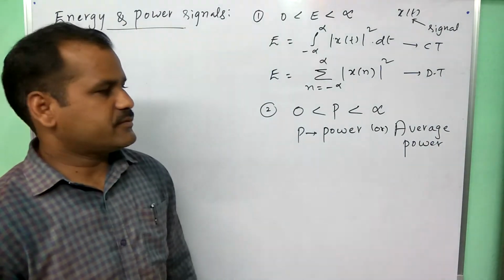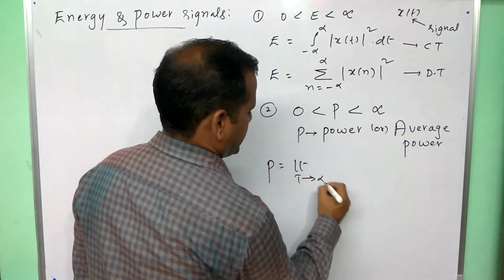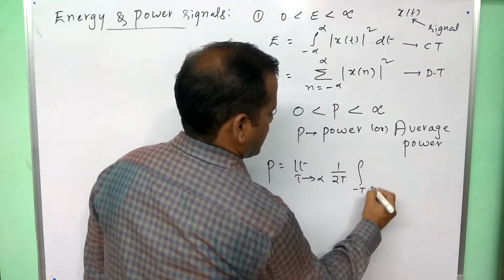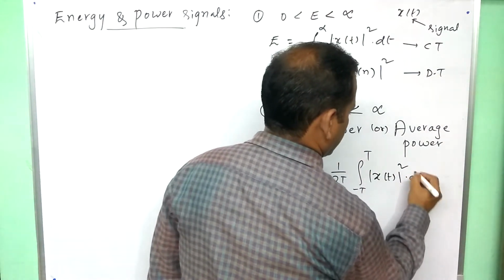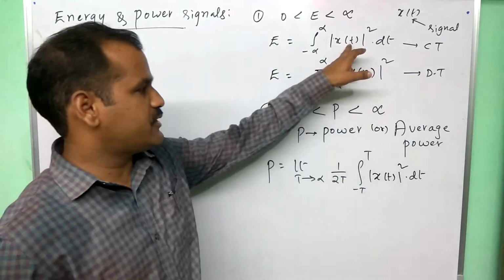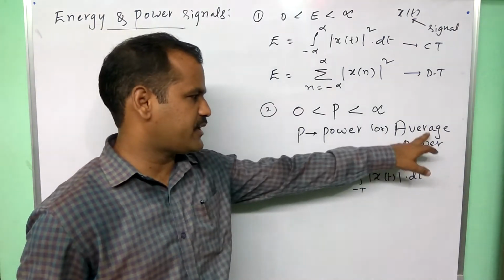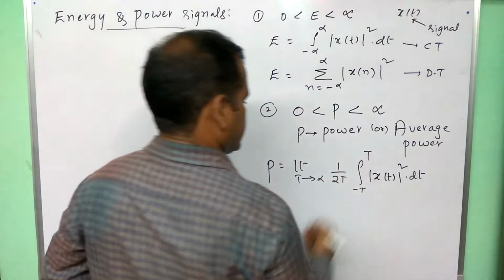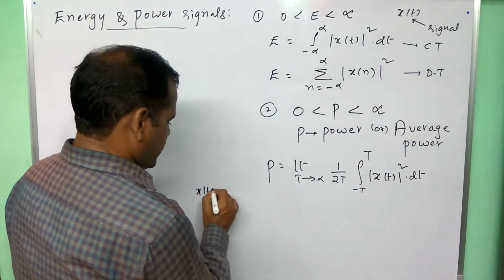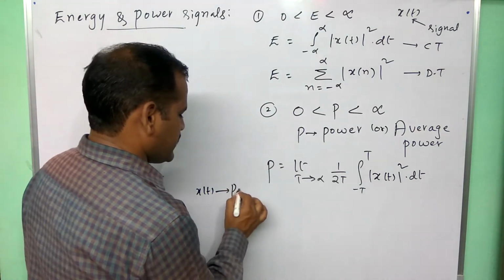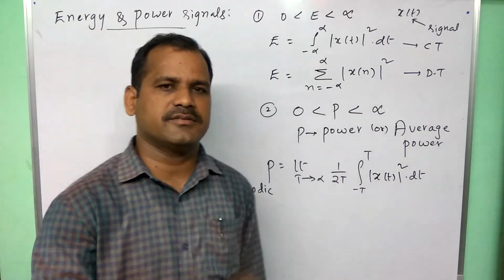And the power of the signal we can calculate as limit T tending to infinity of 1 by 2T, integral from minus T to plus T of the square of the magnitude of the signal. So the difference between the energy and power formulas is this averaging, 1 by 2T averaging. That is why it is also called average power. This equation is for any general signal x of t, but once you confirm that it is a periodic signal, because all periodic signals are power signals,